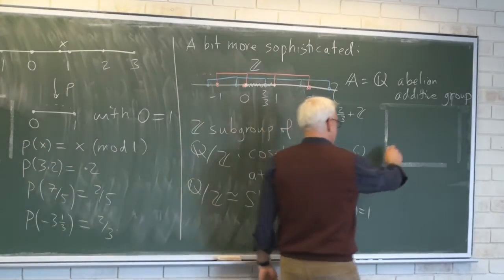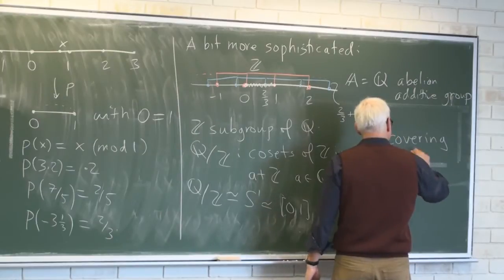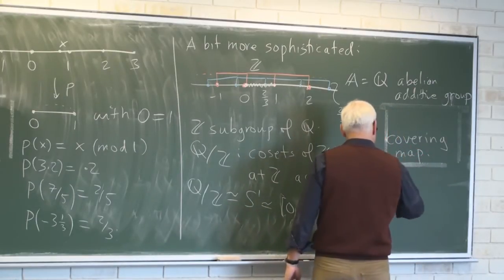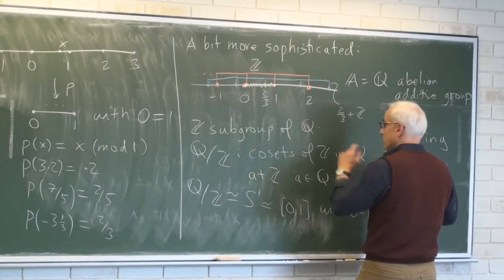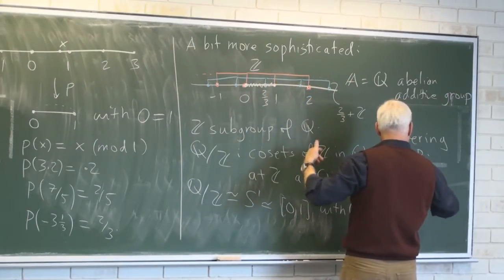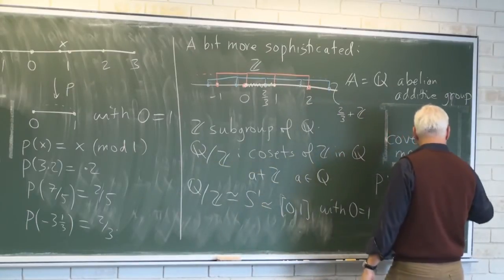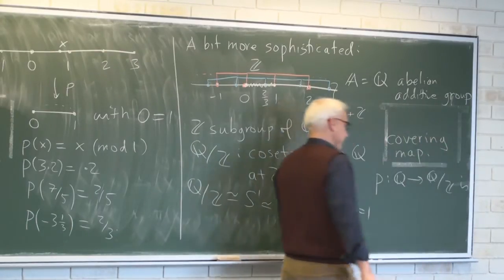So then the covering map or projection P from the big space Q to the base space Q mod Z is,